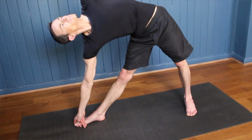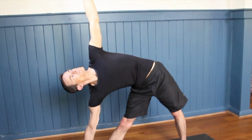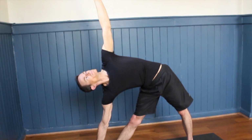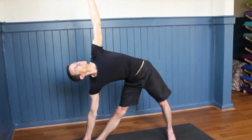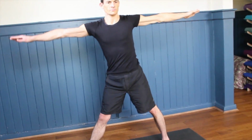Three. See if you can imagine your left hip rolling up. It should still feel like you're facing the side of your mat. Four. One more full, steady breath is five. With a nice smooth inhale, lifting up out of the posture, give the arms a stretch out to shoulder height,